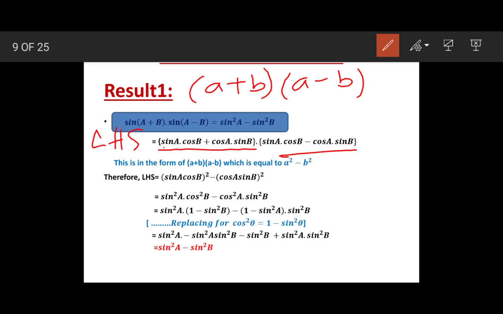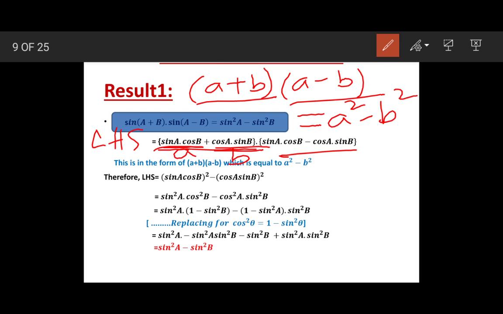Where sin a cos b is a, and consider this cos a sin b as b. Then this part is (a plus b) into (a minus b). Okay, and we know that (a plus b) into (a minus b) is nothing but a square minus b square,